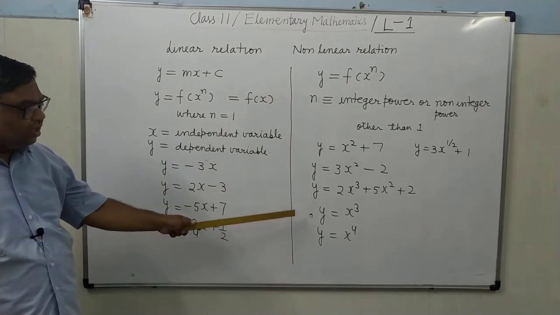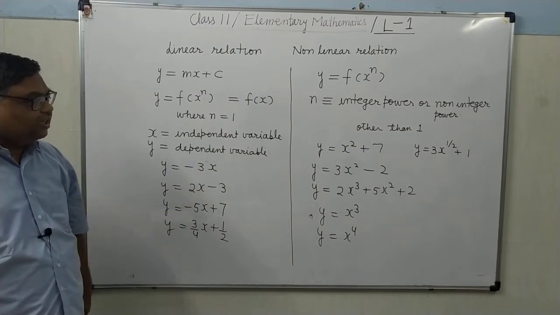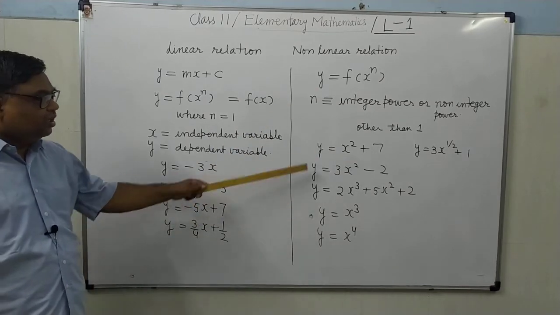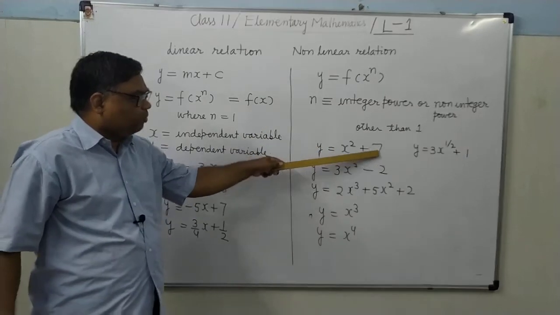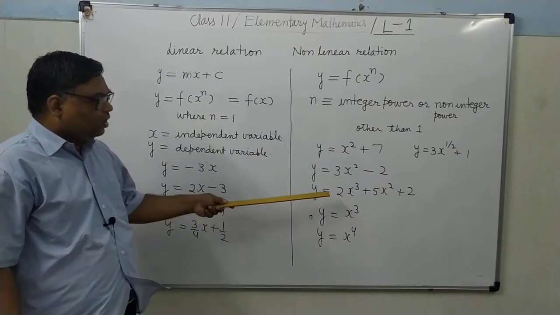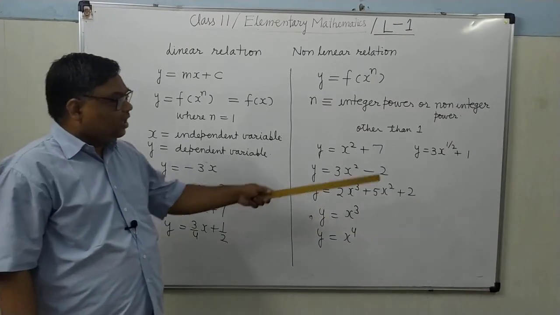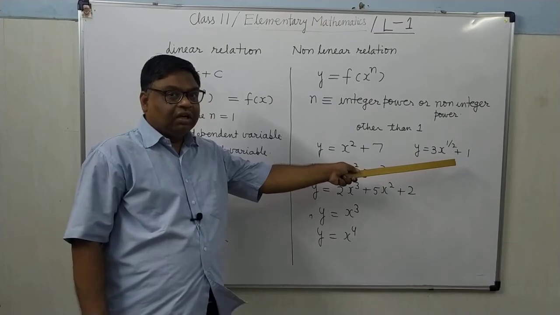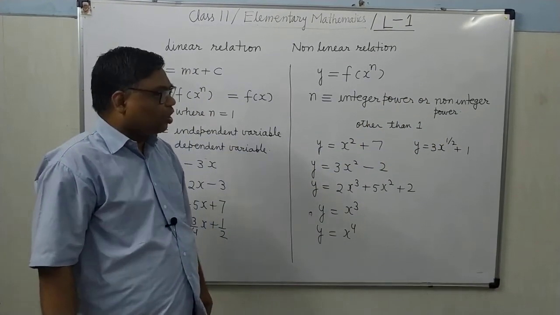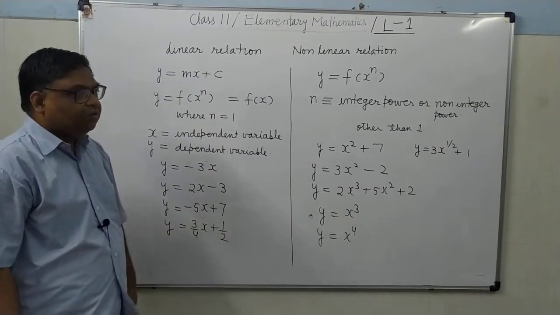y is having the power 1, but on that side x, which is the independent variable, its power is other than 1. Here it is an algebraic polynomial of degree 2. Here it is a cubic polynomial like this. It's clear? That is an algebraic expression. We will not call that an algebraic polynomial. It's clear? That is the algebraic expression having x to the power 1 by 2.